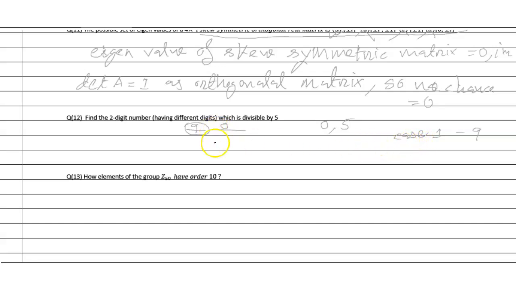Case 2, when it is 5, in case of it being 5, then the possible way is, 0 and 5 will not be in here. So here 0 and 5 are not possible. So only 8 numbers can be seated. So case 1, case 2, we can get only 8 numbers. So the total is 17 ways. So the answer is 17. And second is